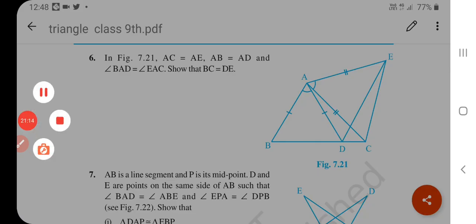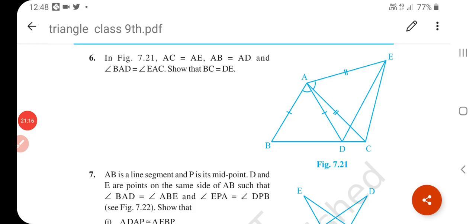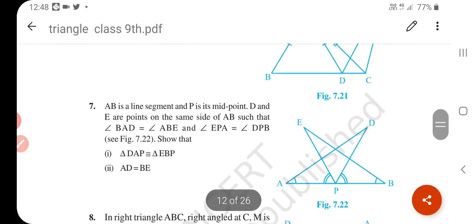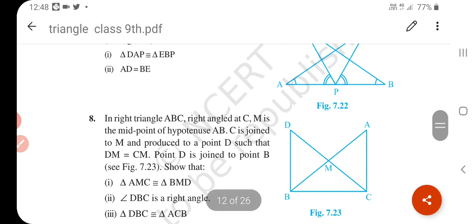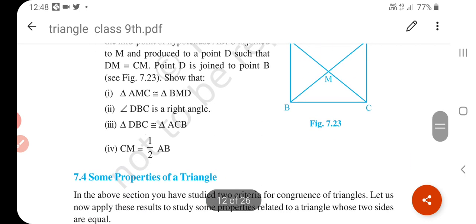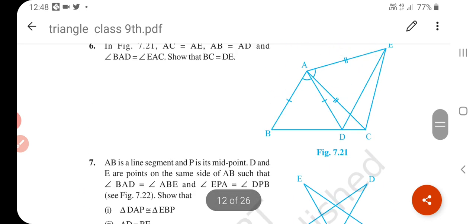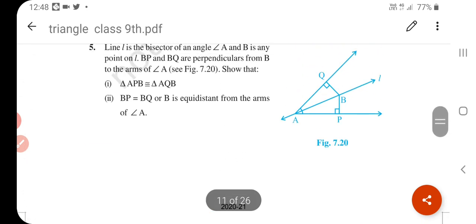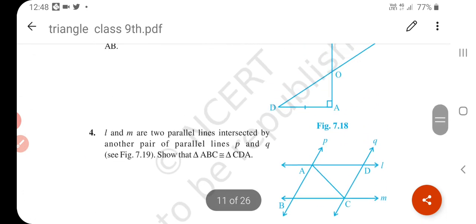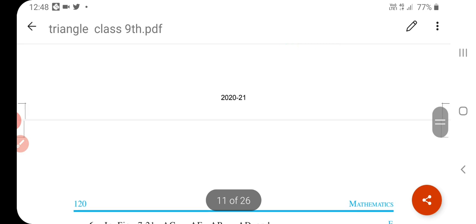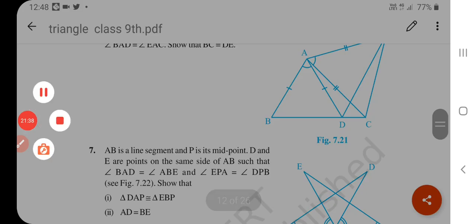In this way you have solved question number 6; questions 7 and 8 also work the same way. Understand? Now question 7 and question 8. Do these questions in your notebook. So question numbers 3, 7 and 8 are your homework. Have a good day.